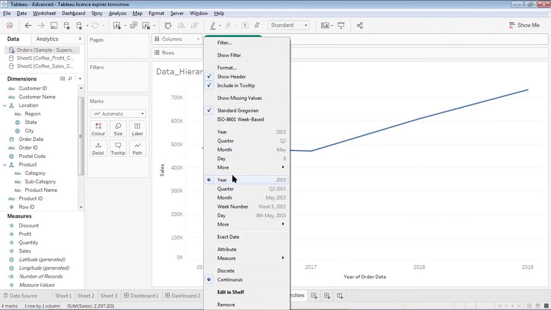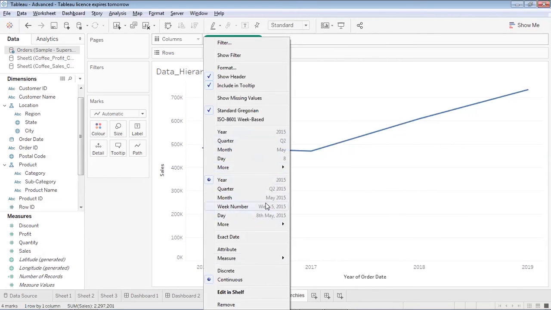By default they come as discrete, so if I want to make them discrete, these are the options. Now if I would like to convert into continuous, I can do that. When I have selected one of these values, it has got converted to continuous. Previously when it was discrete, when I was drilling it down, the line charts were being bifurcated into discrete values. They were not coming continuous.